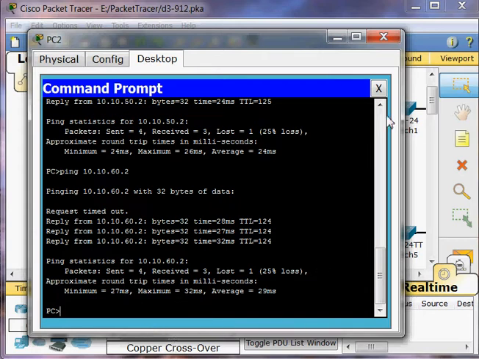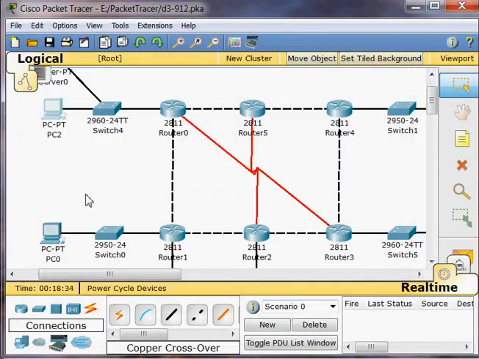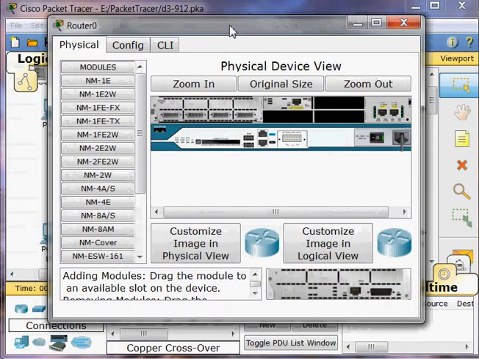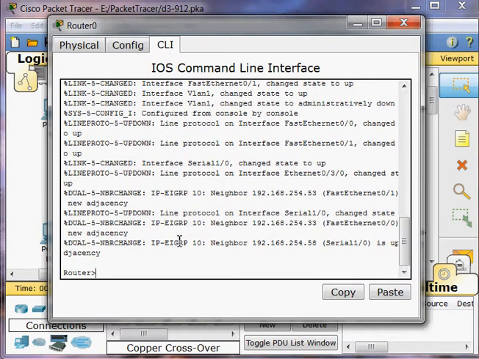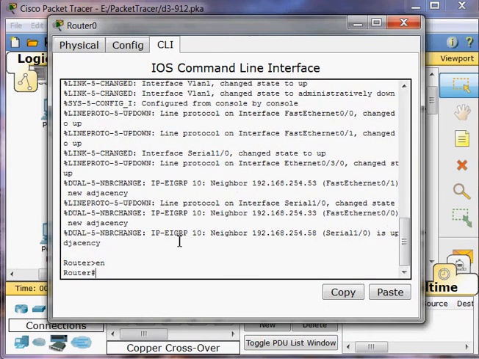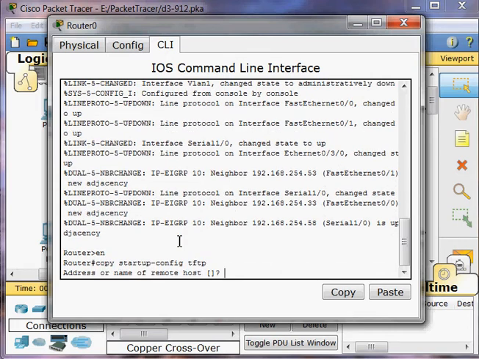Once we do that, we're going to copy the configuration to a TFTP server, and in order to do that, we need to go to the command line, and we're going to copy the startup config to a TFTP server, and we're going to enter the address for that TFTP server, which is 10.10.40.250, and we're going to give this file name